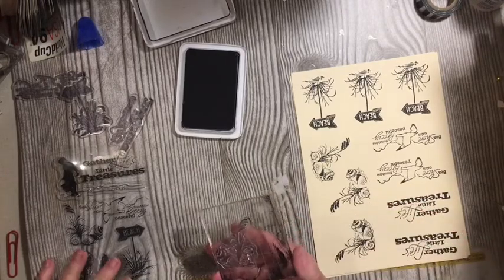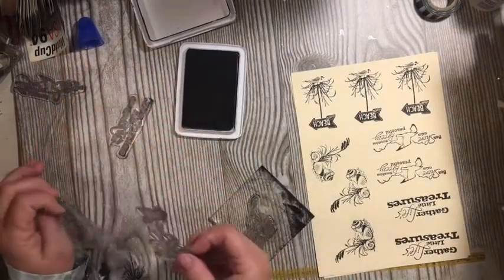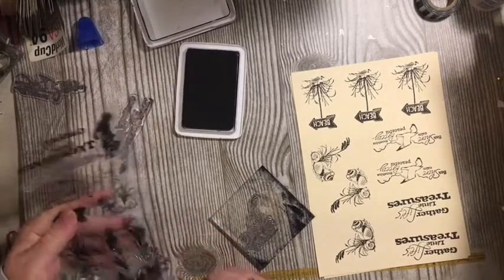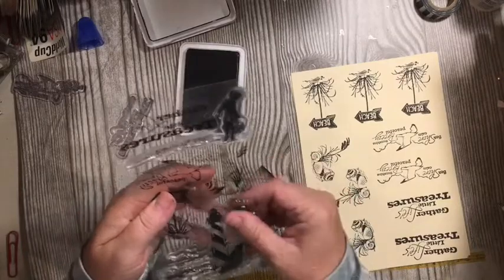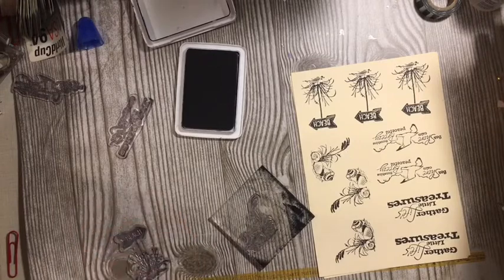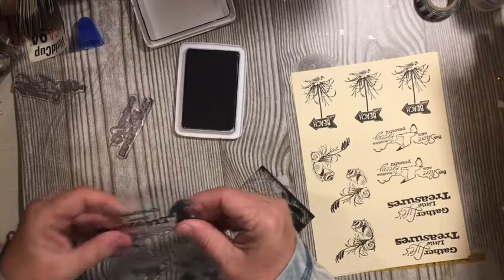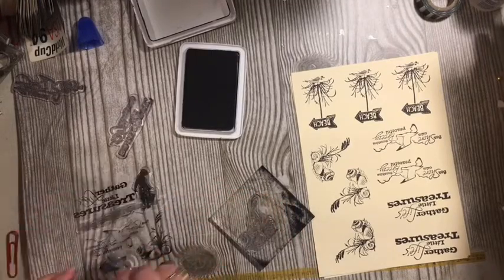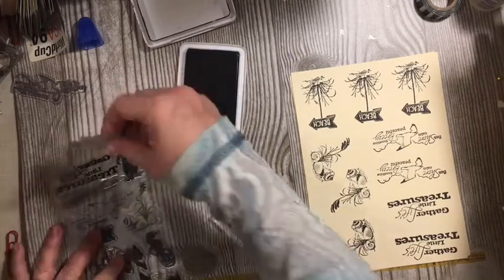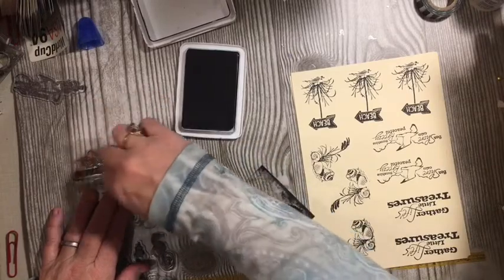Okay, now I'm going to let these dry and I'll put my stamps away. Now, if you do purchase these type of stamps, you do want to go in as soon as you purchase them. Do as I say, not as I do, but take them off of the plastic that they're sent to you on, because they will stick. I mean, they will get stuck,